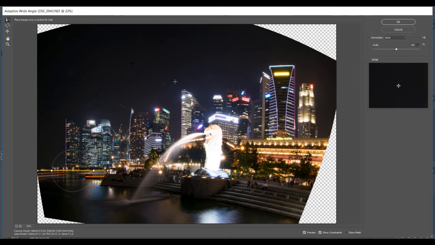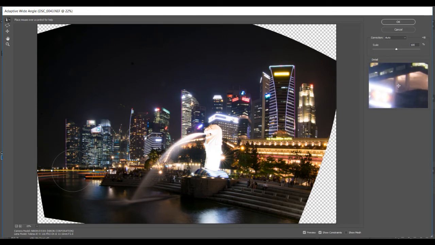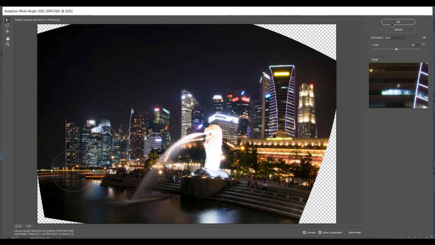And of course, when you are going to do this, what's going to happen is that ultimately you'll have to crop this image, so you will lose out some areas of the image, but that's the price you have to pay for correcting the distortion. Okay, so this kind of looks fine now. So if I just click on OK,